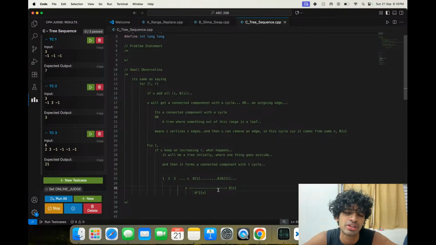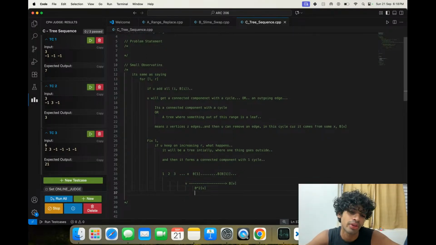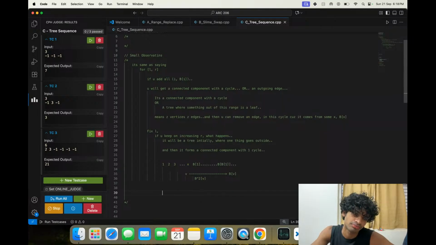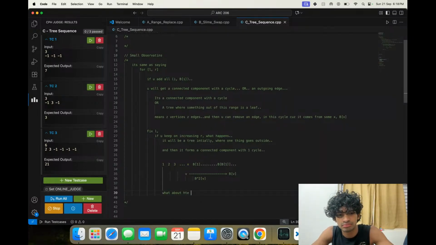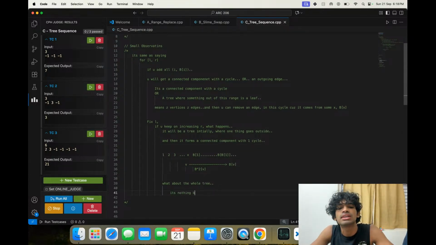Can I guess some structure that works first? Instead of working on that, can I guess some structure? What about the whole tree? It's nothing but a subgraph, right?